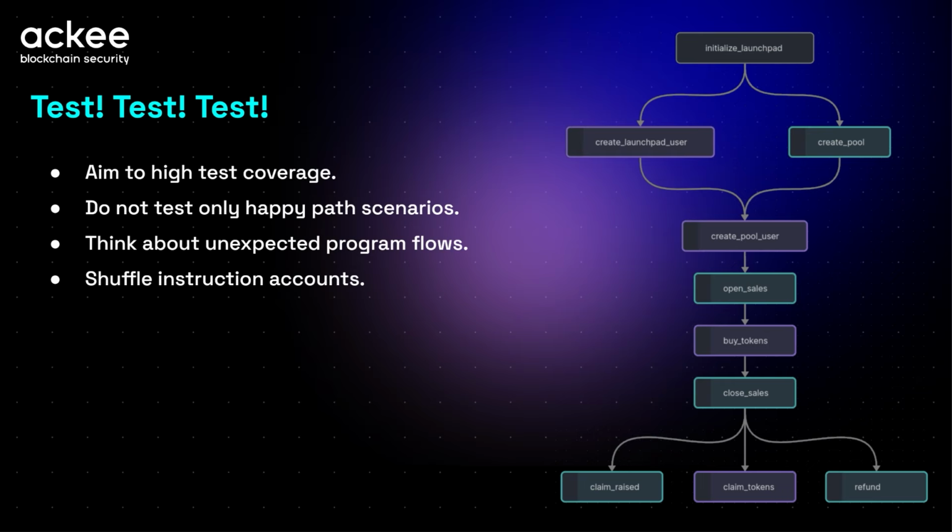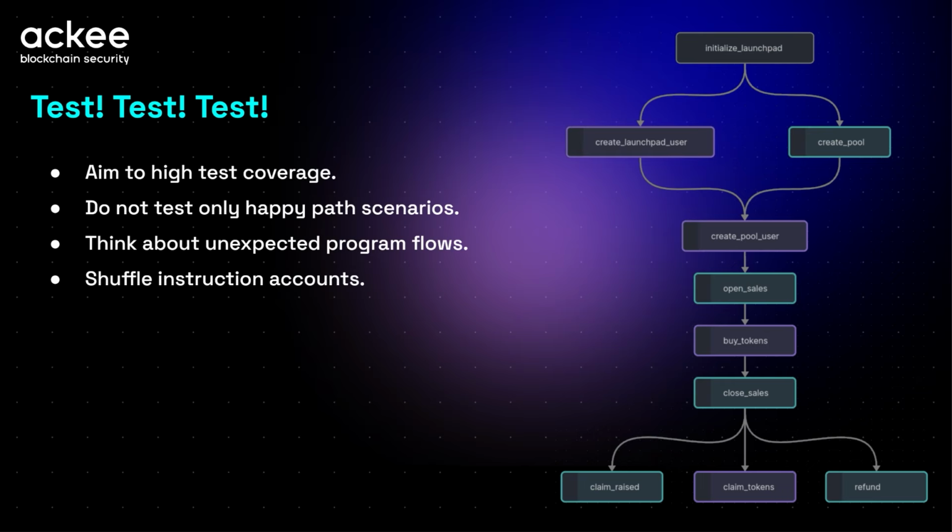For example, somebody might start to buy tokens before the sales are opened, or someone might already start to claim the tokens before the sale is closed, or some other unexpected scenario. So actually, the unhappy path scenarios are maybe even more important to test. And so this is one thing. You should really test